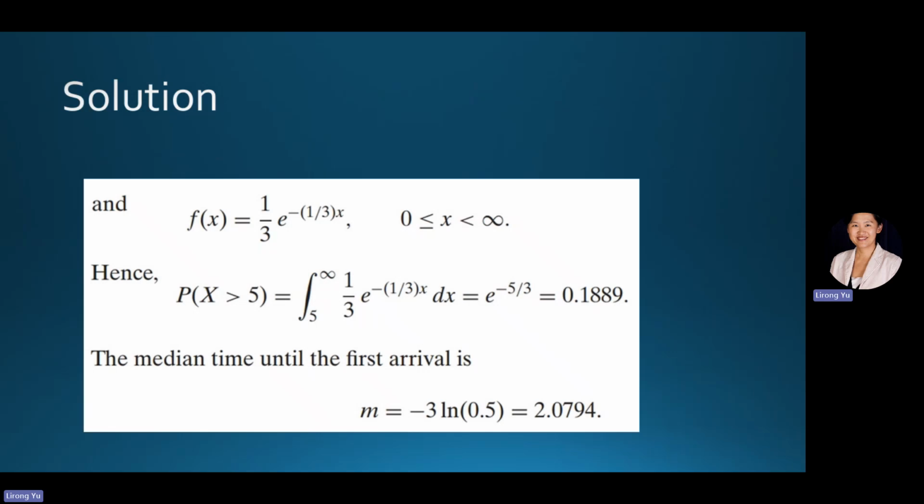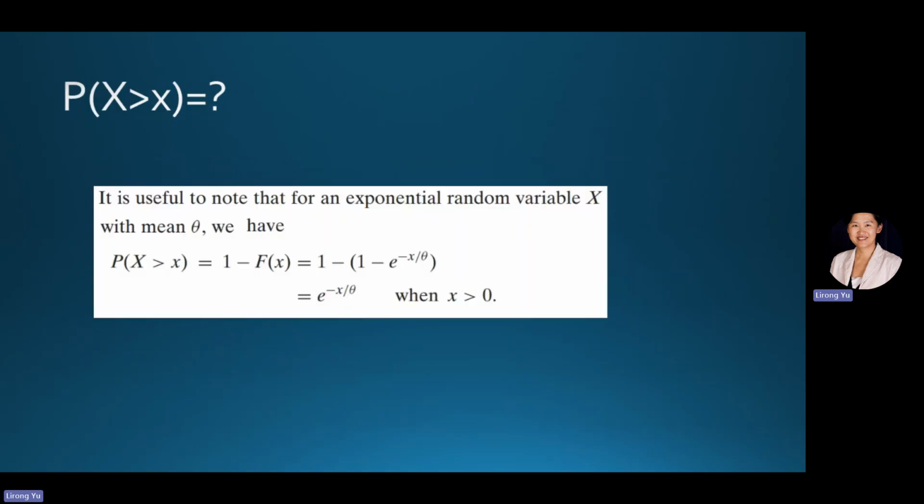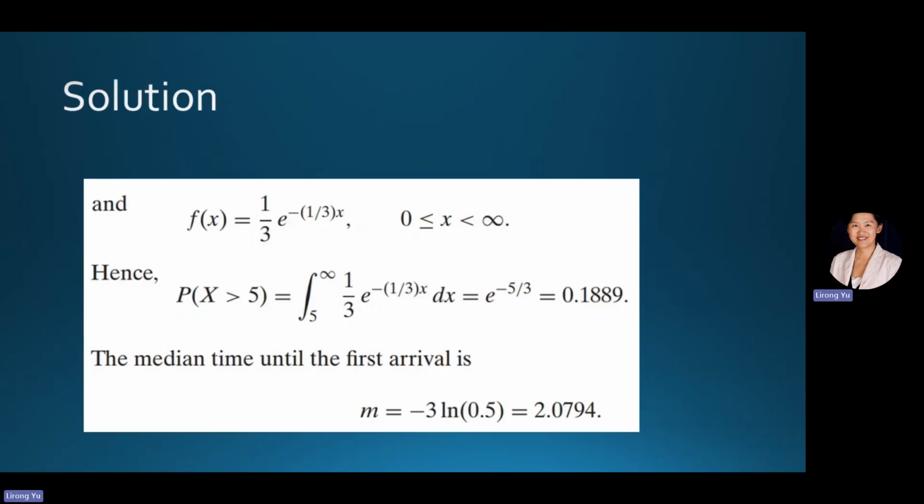Using the density function, if you want to calculate the probability of x bigger than 5, you integrate from 5 to infinity the density function. The exponential distribution is easier to integrate because the derivative of the exponential function is the exponential function, so we can figure out how to calculate it. Another way to look at this probability of being bigger than a number in the exponential distribution is e to the negative x over theta. If you go directly from here to here, it's faster, and that's based on that formula, that conclusion, right? The exponential distribution on the right end is actually not that difficult to calculate,